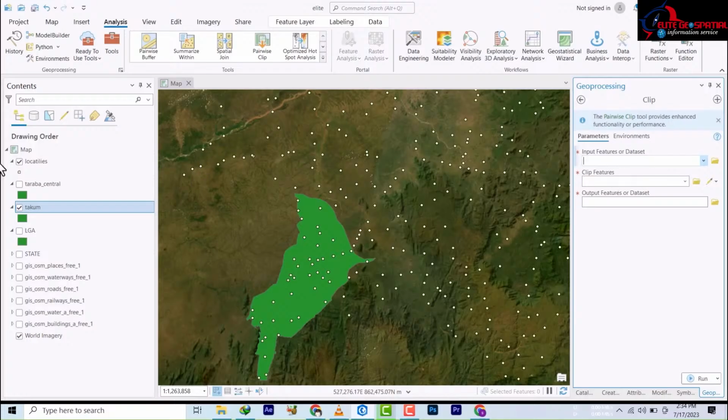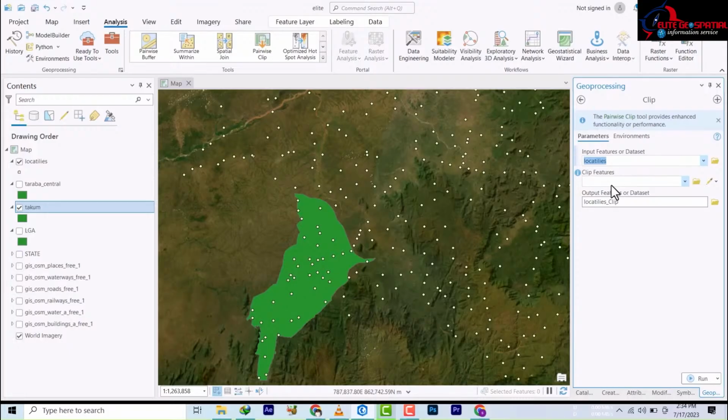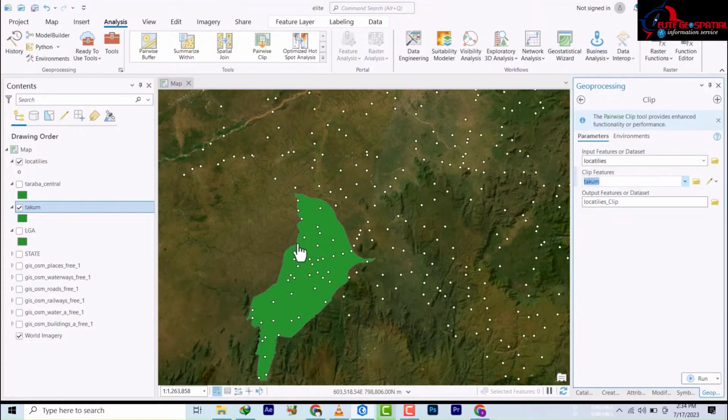and then it's asking for the input. That's the data set we want to clip from, and then the clip file, which is what we want to clip to, is this locality data over here. So I've inputted it. Then the extent to which we want it to be is this Takum, which is this place. All right. So then the output now,